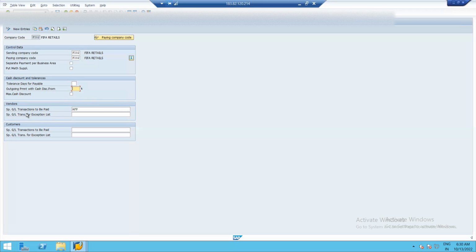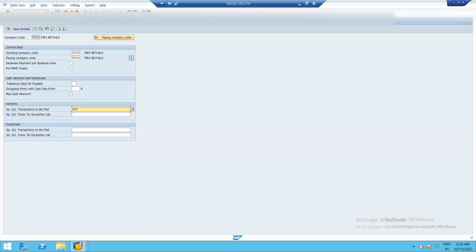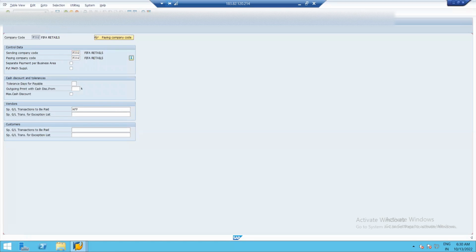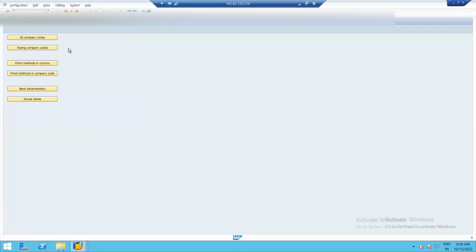And what is vendor special transaction? It is not a normal transaction. So I just gave A, F, P, C, down payment current assets, A, F, down payment request, and P, payment request. Okay. After doing this, just save it and go back. Go back. So second thing is